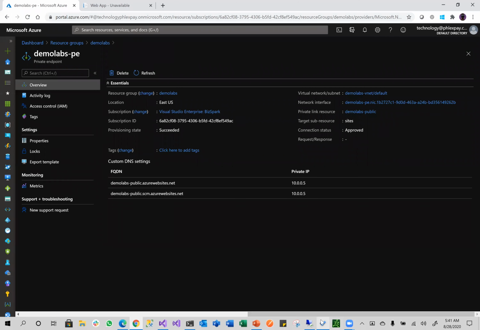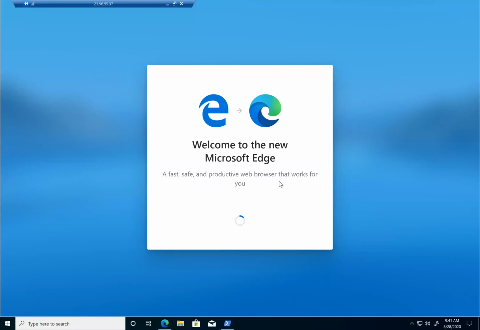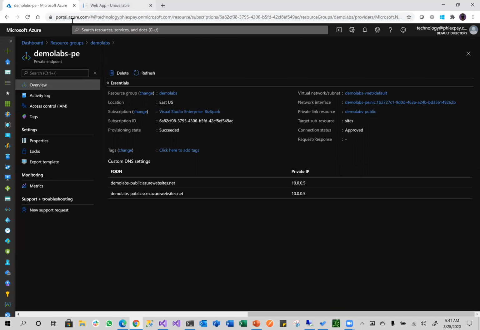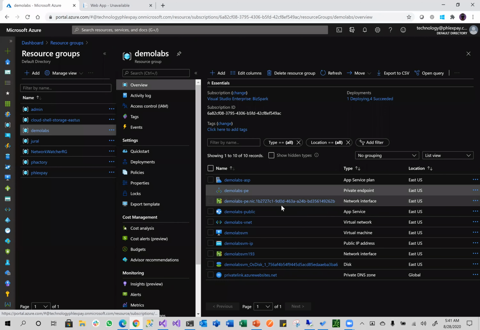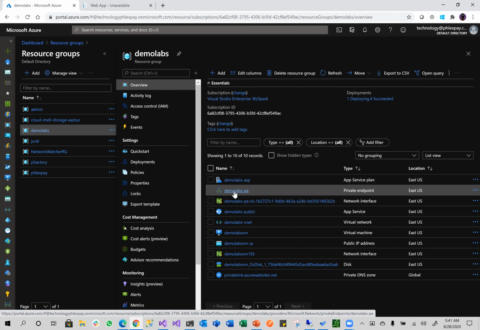We're gonna see in a second what's going on here. Is this done yet? Still going on. Okay. And then let's look at what else is there. So the other thing that's been set up besides this private link that provides this is this